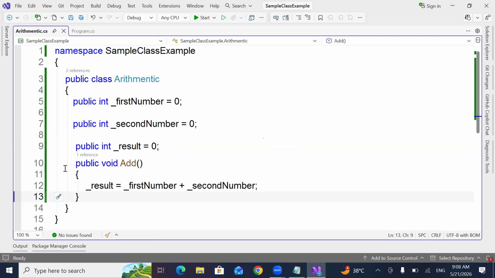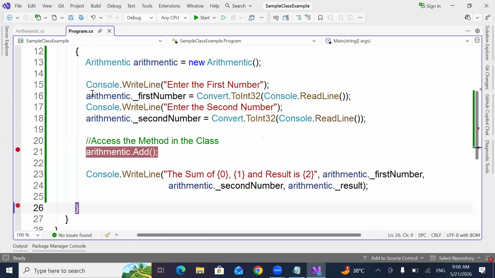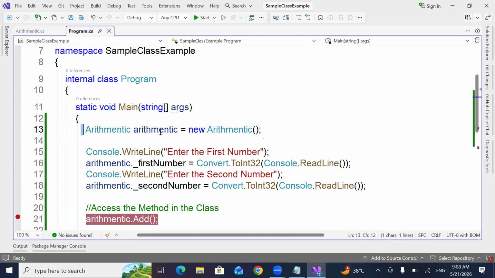See, public void is a method, and first number, second number will be different values. Now here you see how many objects I created. Is it one object or multiple objects? Can I create a single object? That means